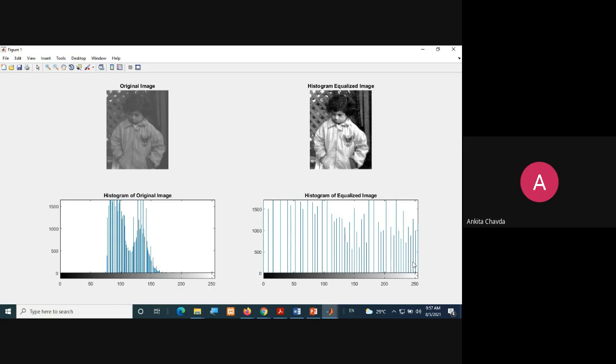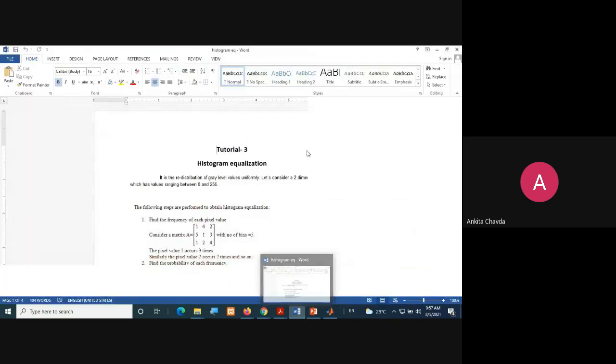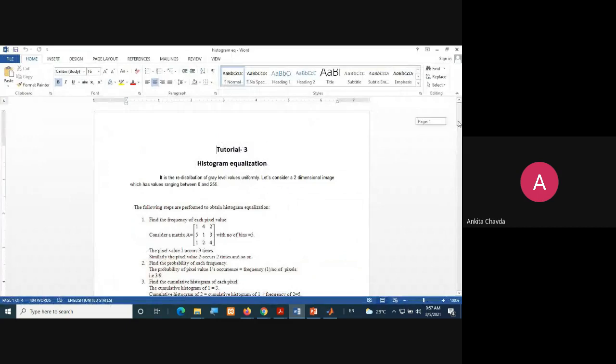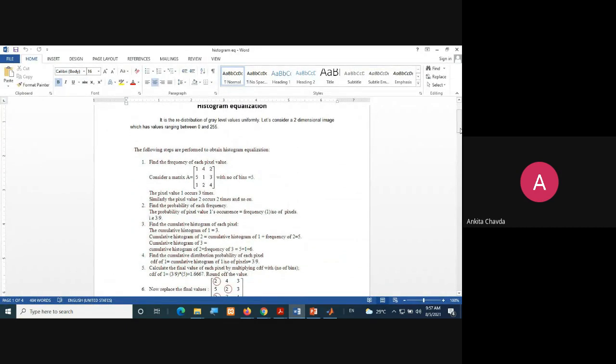Now what we are going to do is calculate that sum again, as I said, we will do this in the lab. So see this, this is histogram equalization with another example. Be ready with your pen and paper.